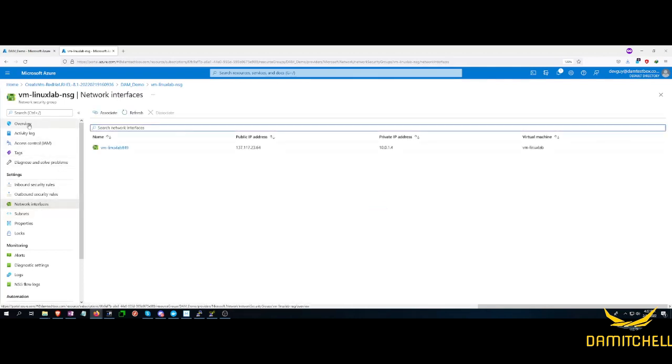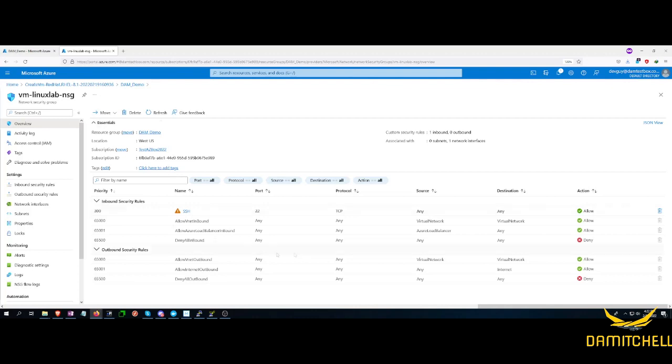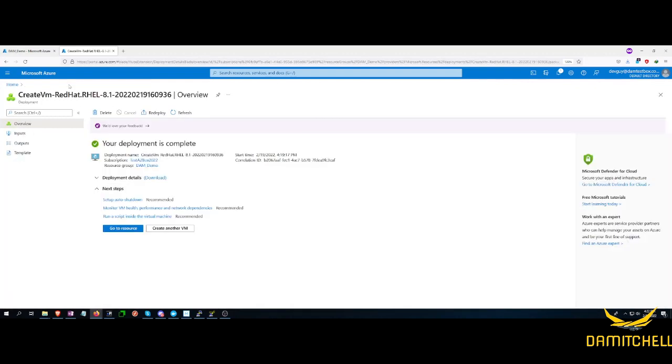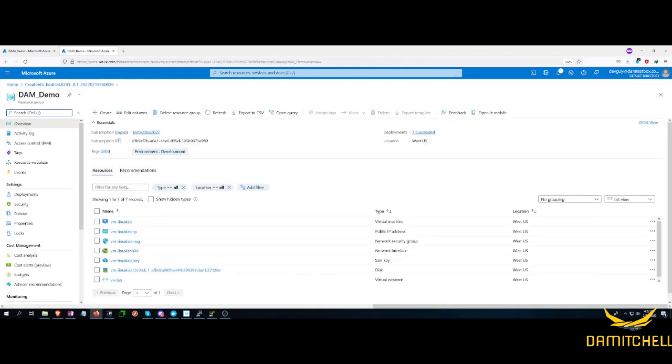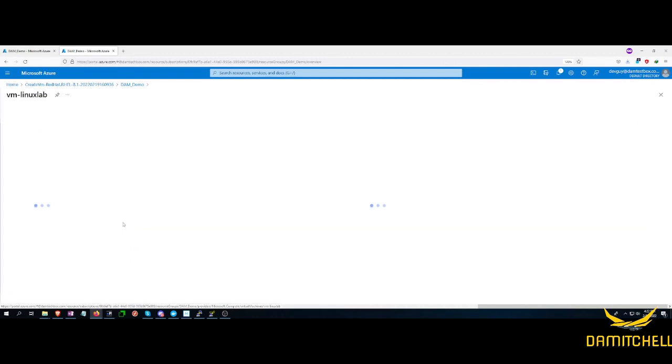All right, so let's go ahead and go back to overview. Like I say, you see your network security group and the rules that it has. Let's go back to create a virtual machine. We go back to our demo, and we go to our virtual machine, which is right here in our overview tab. Go ahead and click on that,